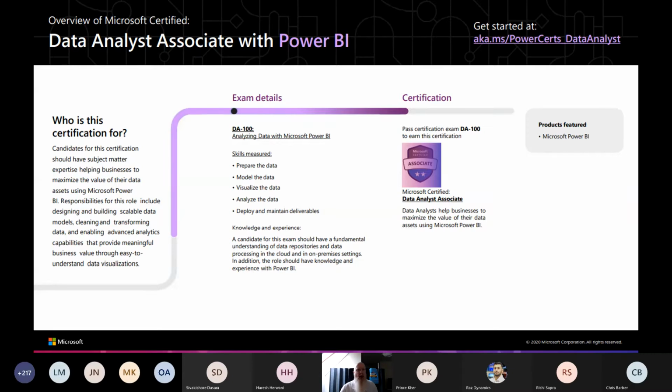Expert level normally somebody's got 3 to 4 years sort of level experience. So we have a Power Platform solution architect, and that includes a bit of Power BI in there as well, understanding the different ways you do analysis, how you get your data and that sort of thing. One of the links I've put in the chat is a link to this page.